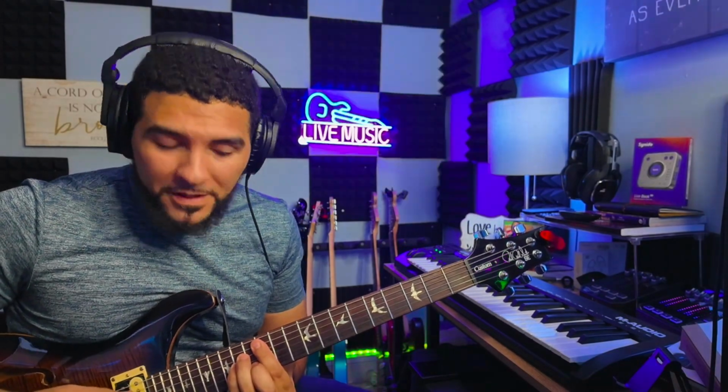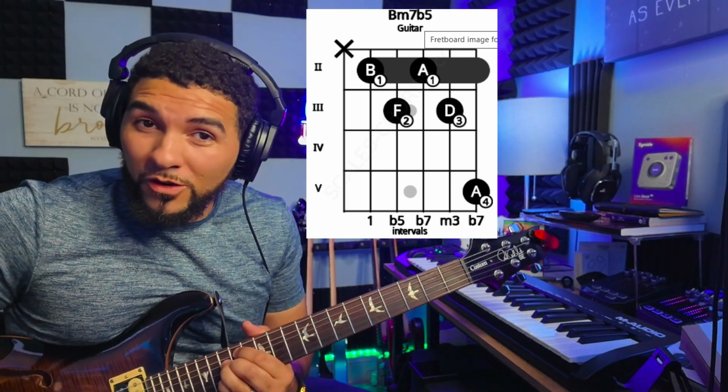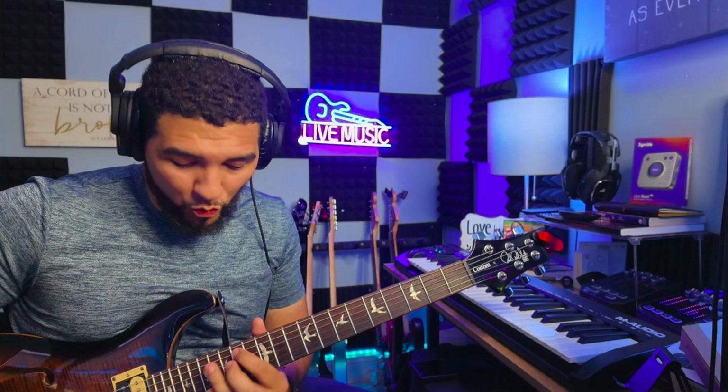Our 7 is going to be the curveball. We're going to do a minor 7 flat 5 or diminished chord, okay? Back to our 1, which is major. Once again, major,